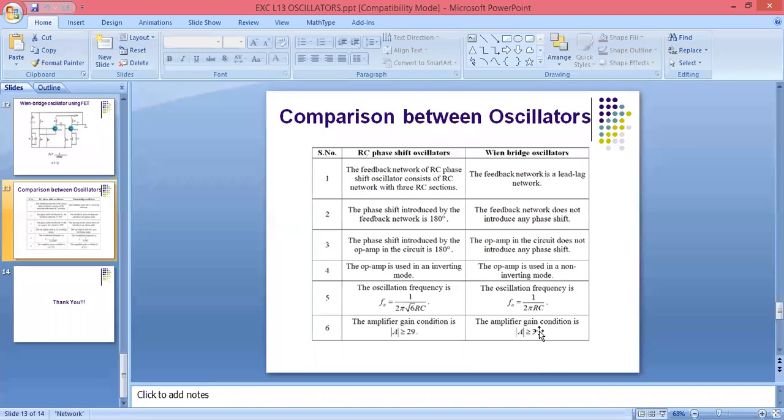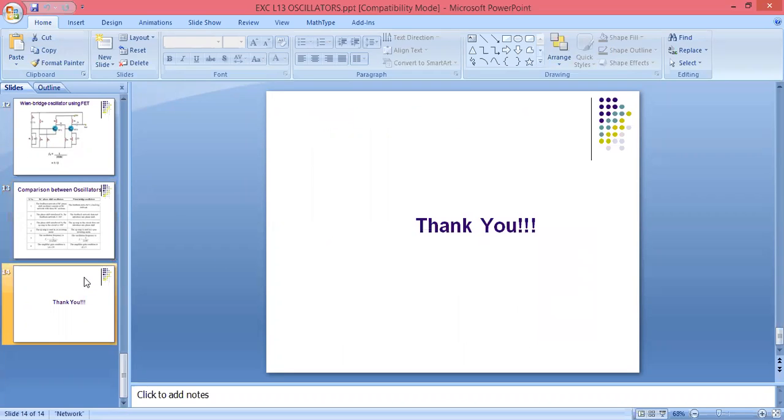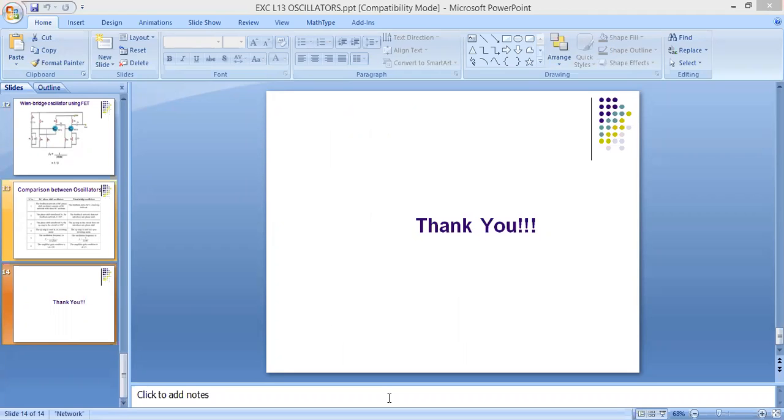That's why we will take here A greater than or equal to 3. Here we have finished our second unit. So we will revise what we have seen in our second unit. If anyone is facing any issue, you can ask me. Otherwise, we will revise our whole second unit. किसी को कोई डाउट है तो पूछ सकते हो.